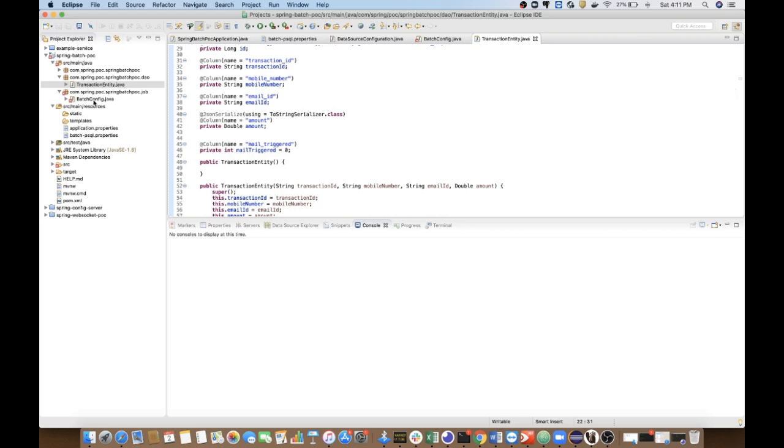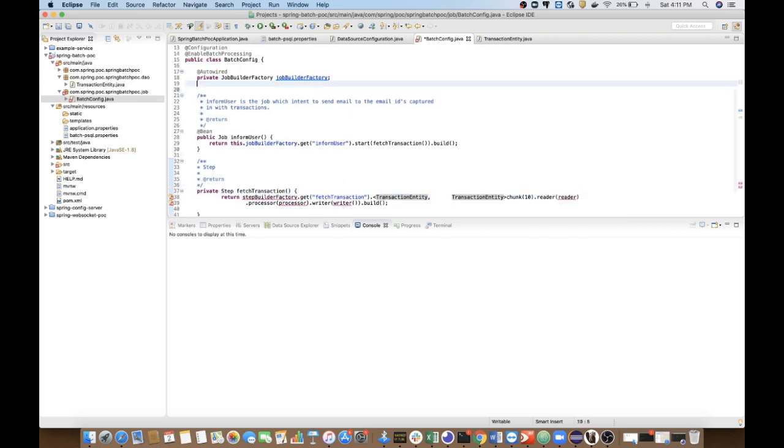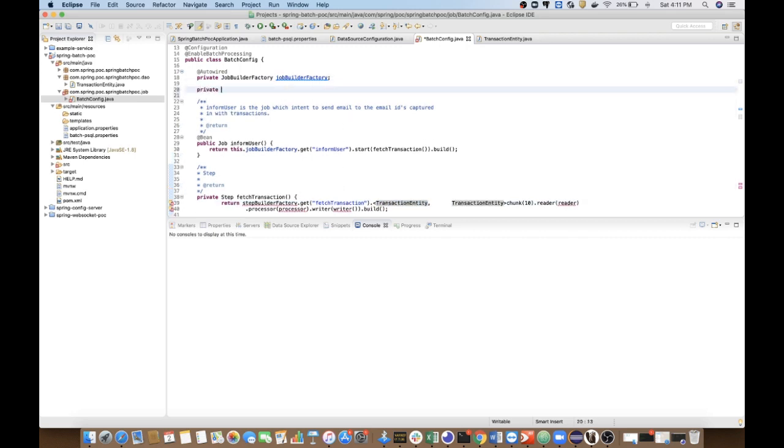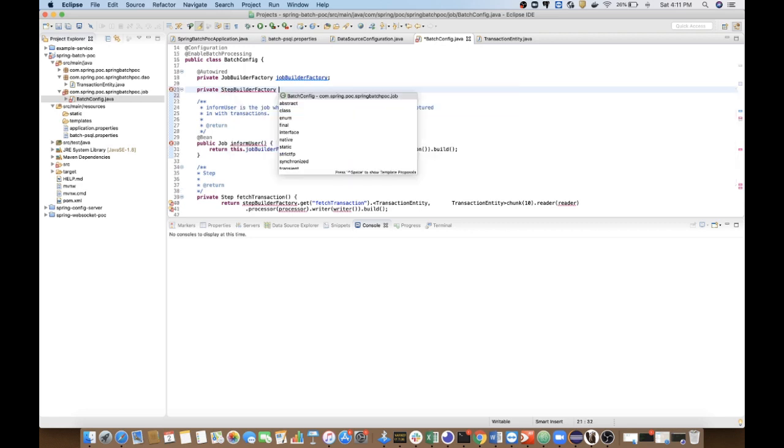So here it is. Now the dependency has been resolved. We need to add a step builder again for creating the step. Step builder factory is here.